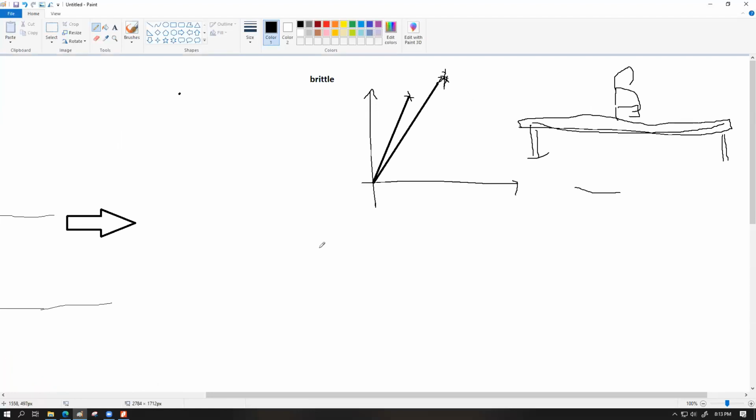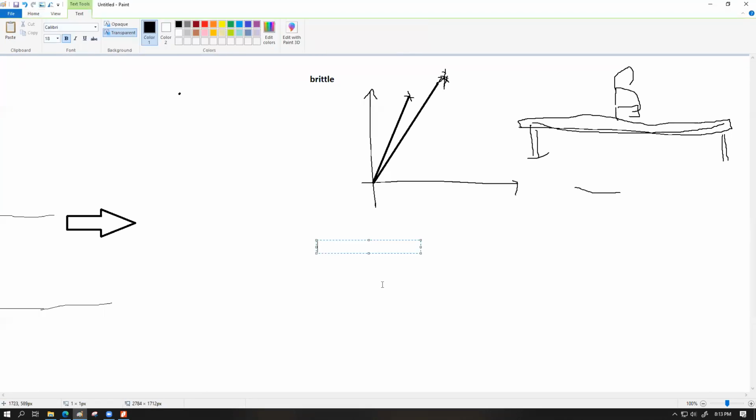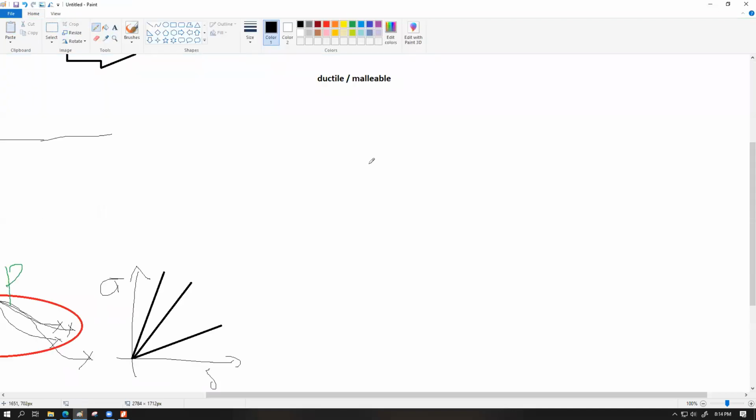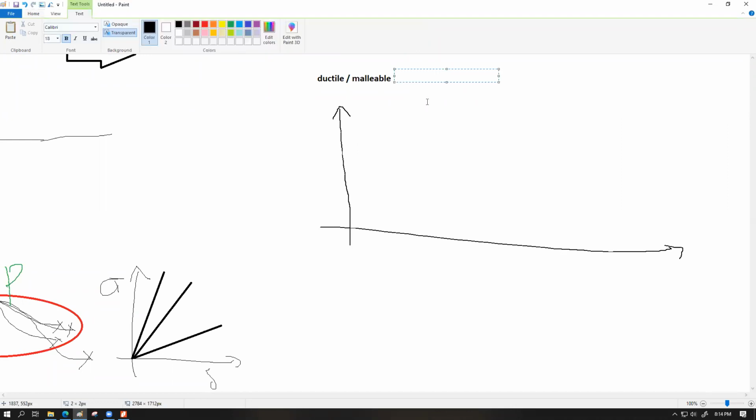Then we have ductile or malleable substances. They both pretty much mean the same thing, but they have two different names based upon two different types of deformations. These are the basic metallic substances that we've been talking about through this entire discussion. Ductile or malleable substances have a really large plastic region,